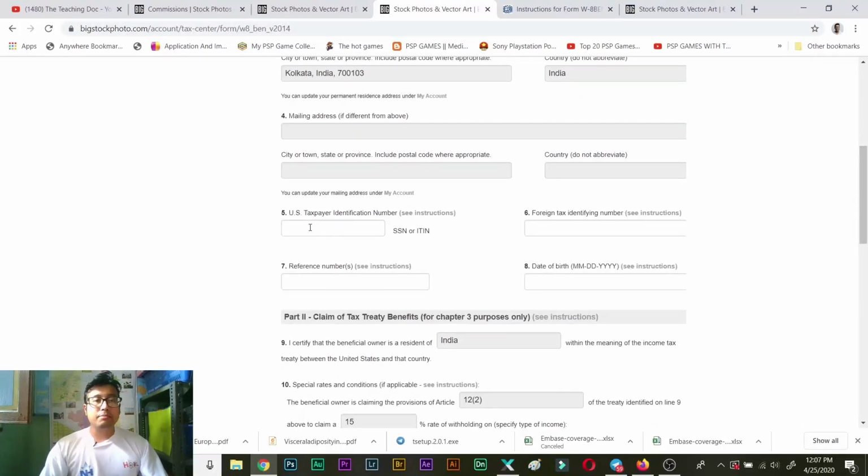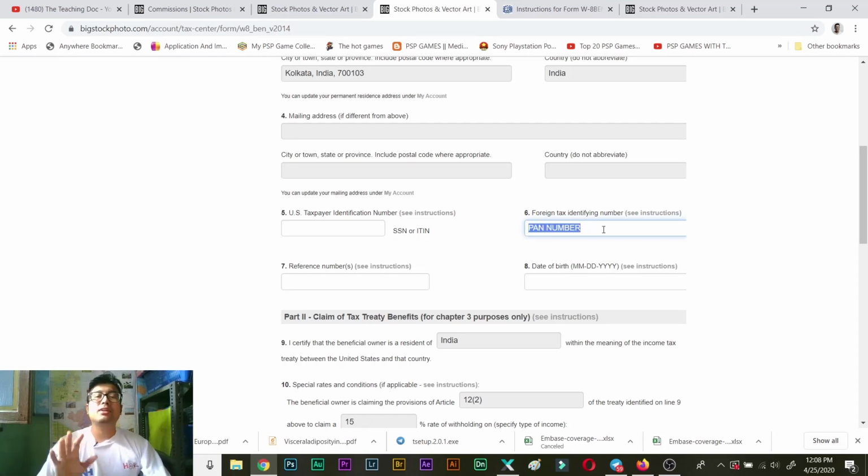Over here it's very important, US taxpayer identification number. I don't have that. If you have a TIN number, you can please fill it up over here. Because you are not a US citizen, you will not have this one. Over here as an Indian, you need to fill up your PAN number. I'm not filling up my number, I'm just writing PAN number, but you need to fill up your PAN number over here.